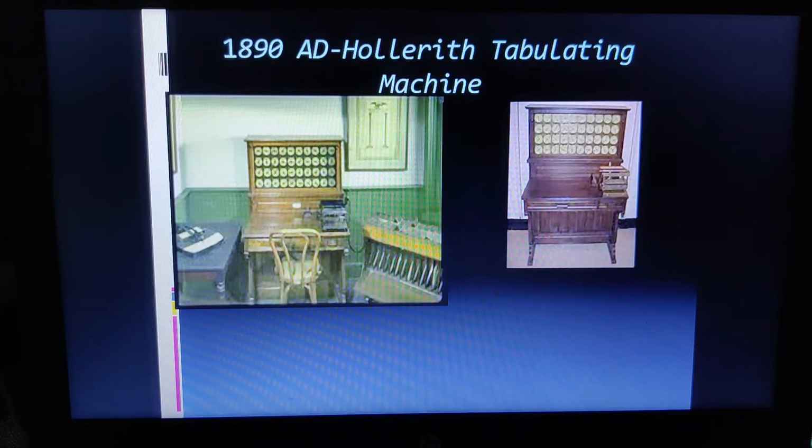Moving on to the next, we discussed the first programmer in the year 1833, Lady Ada Lovelace. She was a mathematical genius. She wrote the notes for the analytical engine with Charles Babbage, and she wrote the first computer algorithm. That is why she is considered the world's first programmer.